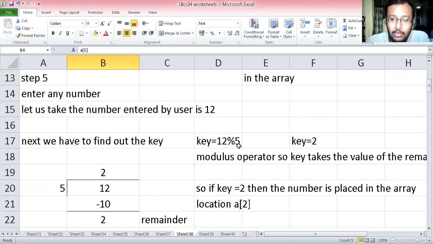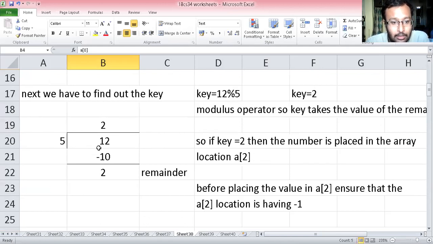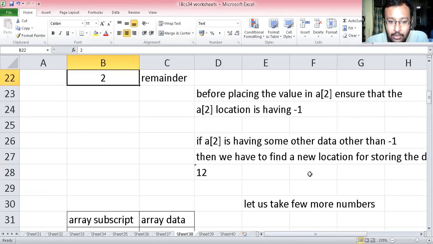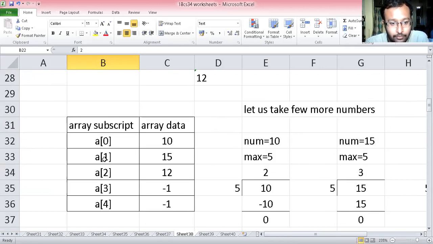You know the modulus takes the remainder as the answer. 5 2s are 10, remainder is 2. So the key value is 2. Now, because we got the key value as 2, we are going to insert the value 12 at location A of 2. See, at location A of 2, 12 is inserted.